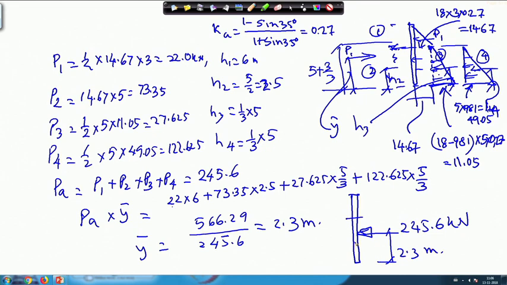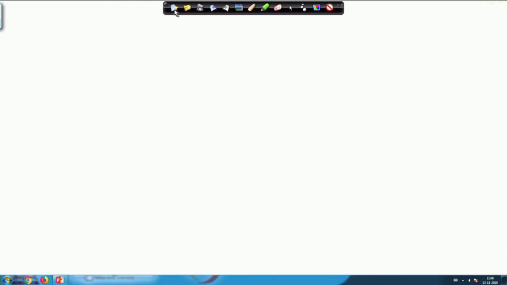Now, for the 8 meter wall, if there were no water table, where should the point of application have been? It should have been 8 by 3, so it will be equal to 2.67. That means, because of the water table and the water weight at the bottom, the point of application is pulled down to the lower side, but if it were dry soil, the point of application would have been 2.67. That is the difference we can find through the calculation. Okay, with this let me go to the next slide.